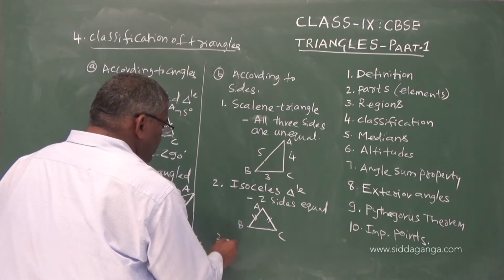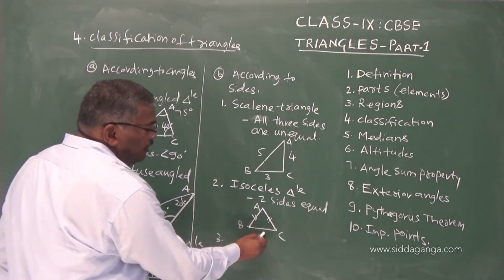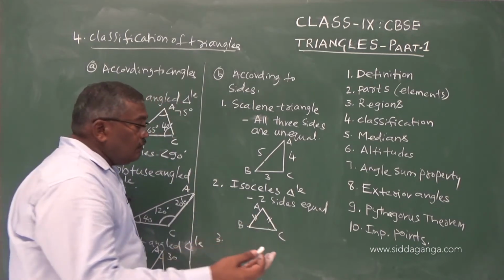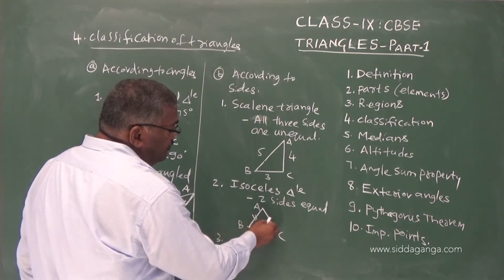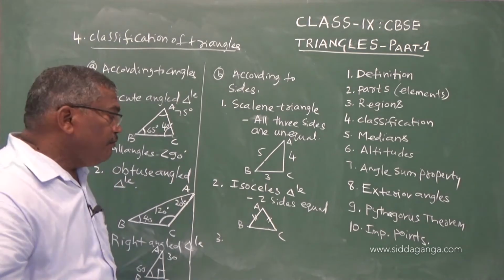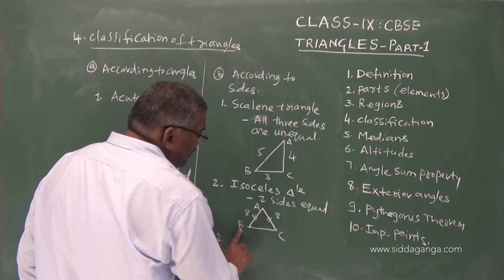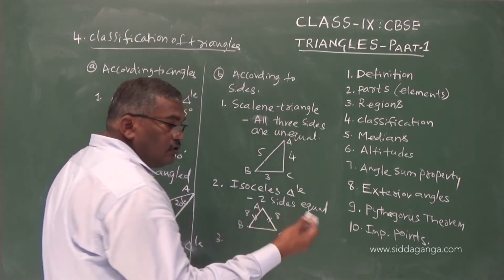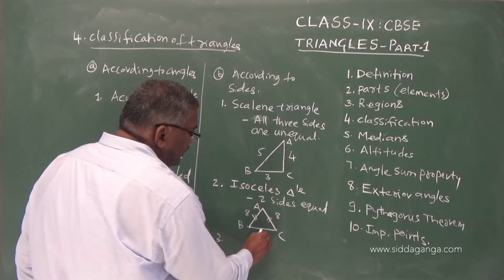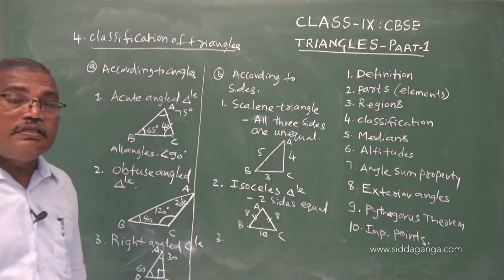In this case it may be 5 centimeter, 5 centimeter. Sorry, these two are equal. This is 5, this is also 5, and the third side may be any length. So if I write this is 8 centimeter, 8 centimeter, and BC can be say 10, 12, 13, even 5, whatever it is, so not equal to these two. Say it is 10 centimeter, 10 centimeter. So this is an example of an isosceles triangle.